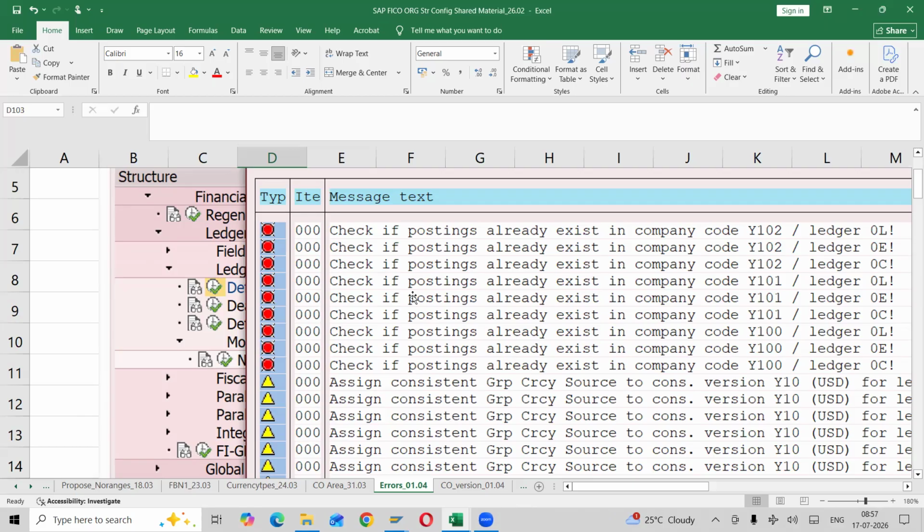Whenever we get this kind of error, it is a SAP product error, because it is clearly mentioned that we have not posted any entries, but the system is throwing an error message stating that check if postings already exist in Y100, Y101, Y102 company code. Then what do we need to do? Normally it won't appear, but in case it does,